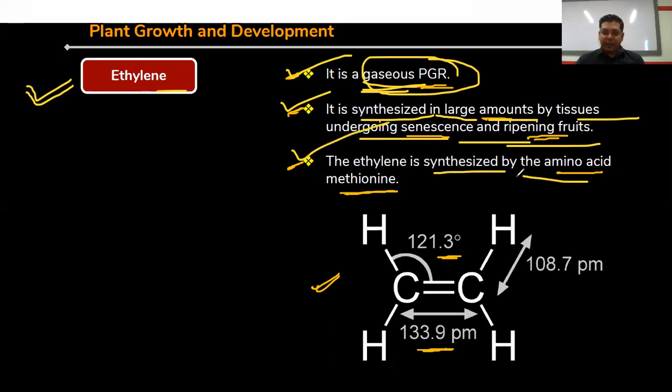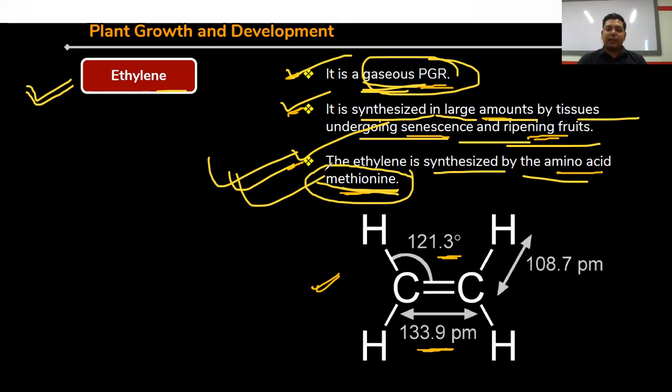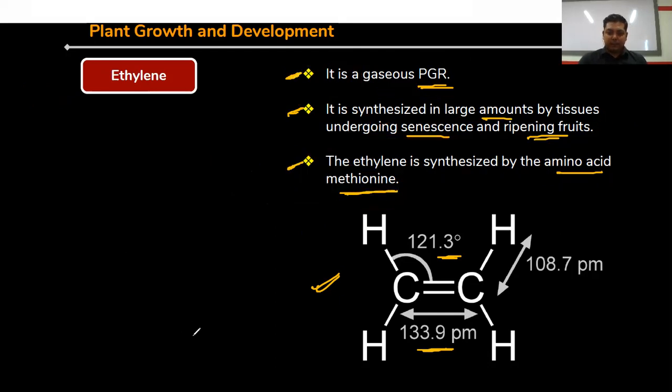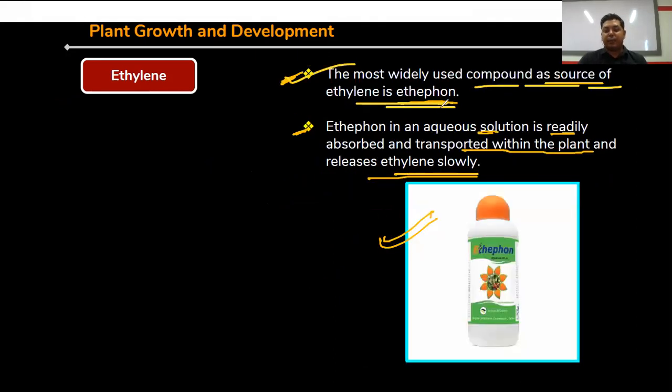The ethylene is synthesized from the amino acid methionine. So methionine is the precursor of the ethylene hormone. Clear? So ethylene is produced from the amino acid methionine, and this is the structure of ethylene. CH2, CH, double bond CH2. The most widely used compound as a source of ethylene is ethephon. So nowadays, ethephon is extensively used. Ethephon in an aqueous solution is readily absorbed and transported within the plant and releases ethylene slowly. So this ethephon contains a huge amount of ethylene and is mainly involved in the ripening of several